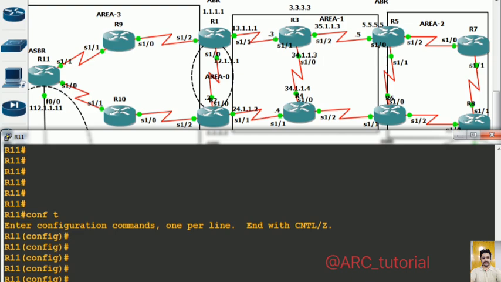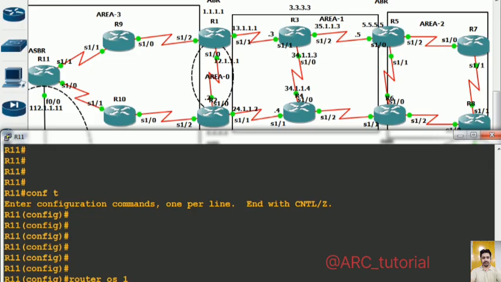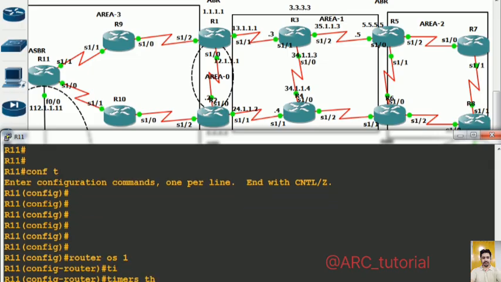So the meaning of LSA throttling is like this: if changes are occurring on your device, like an interface coming up and going down, every time your router will regenerate its own router LSA. And if it is regenerating its own LSA frequently, then again utilization will be higher. So if you want to control it, you can configure LSA throttling. The commands will be the same: router ospf 1,